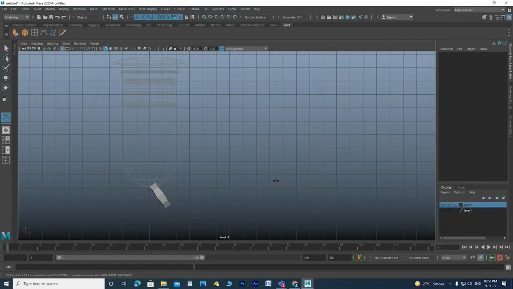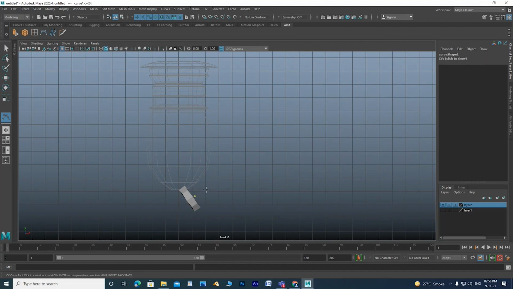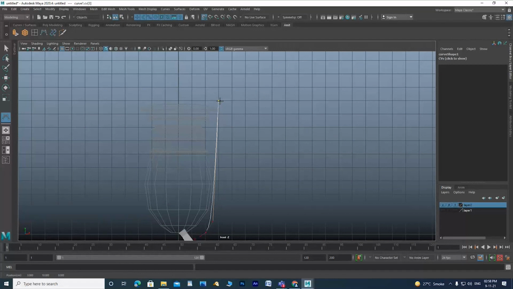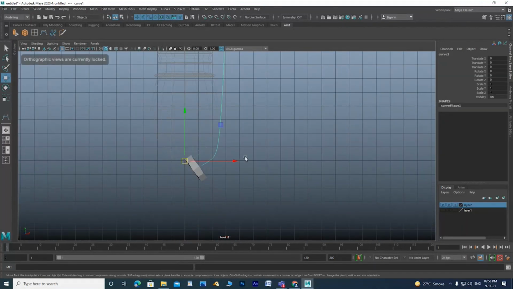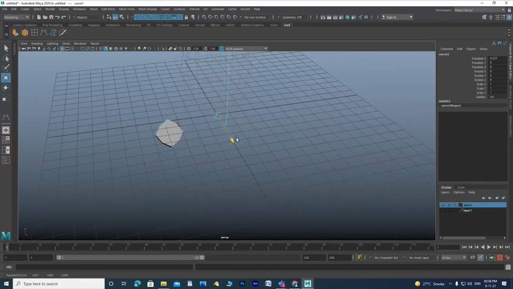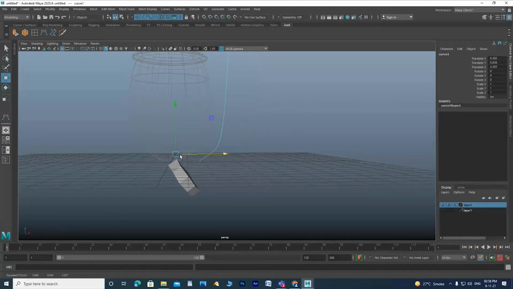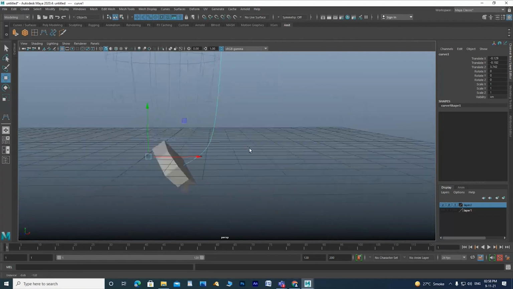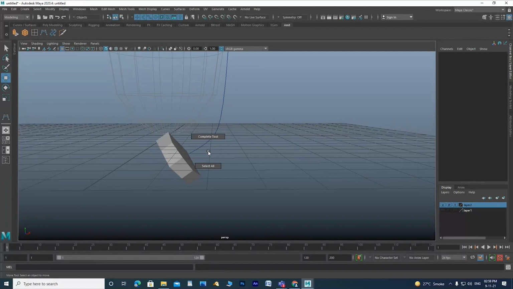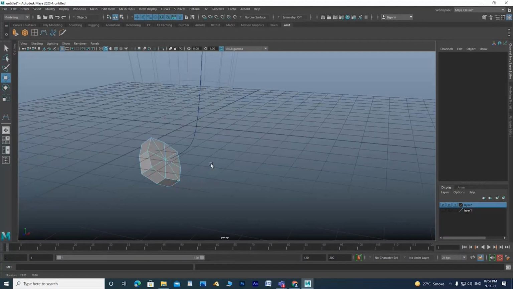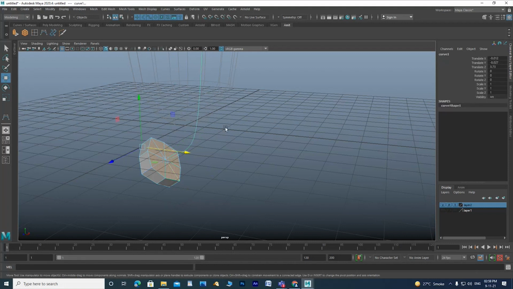Go to front view. Select this one, go to face, and shift select this one.